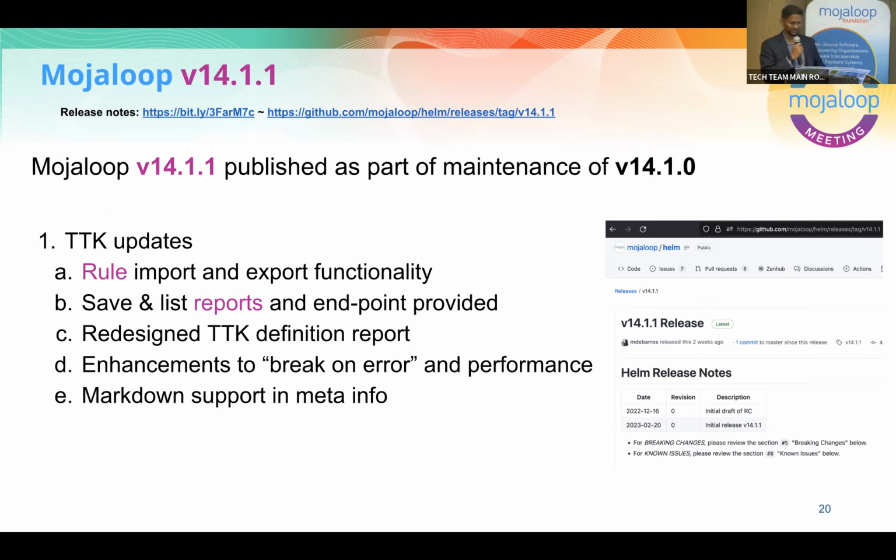So we had Mojaloop 14.10 that was published right after the last community event, but we also had another release after that. We have 14.11 as well. It was mostly focused on enhanced functionality on the testing toolkit for importing and exporting rules. These rules can define how we want the simulated switch to behave. If you want it to give an error scenario when a particular identifier is used, we can do that. There is enhanced reporting functionality as well. Let's say we run a test, and there is an endpoint now to access that report that lists the report, gives the history, and there are some enhancements as well.